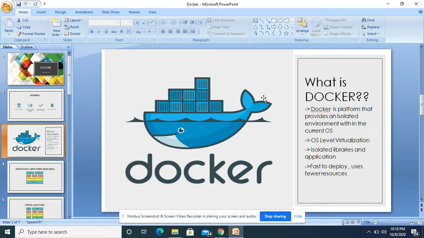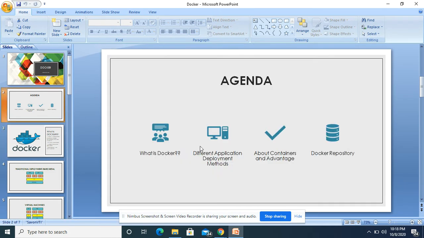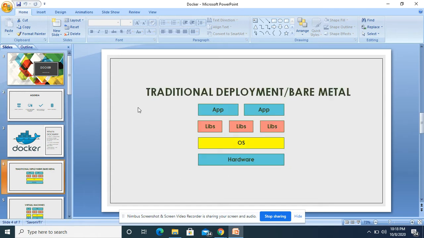To understand more about Docker, we need to first understand the different application deployment methods. The first deployment method we are going to understand is traditional deployment or bare metal. In this type of traditional deployment, we have hardware, with no virtualization. The application or the service is deployed in the machine itself.